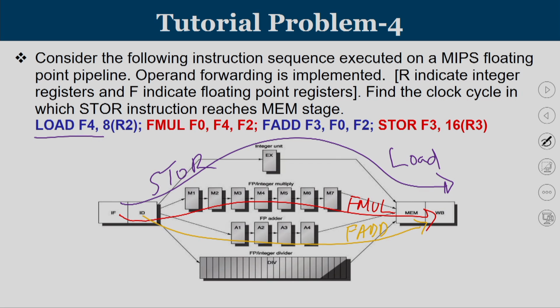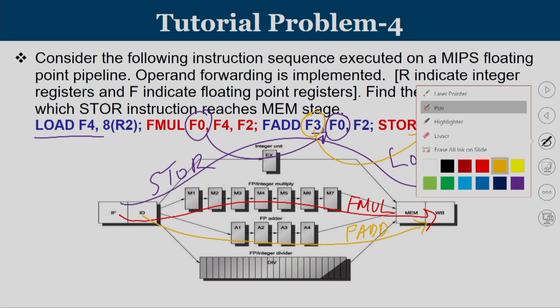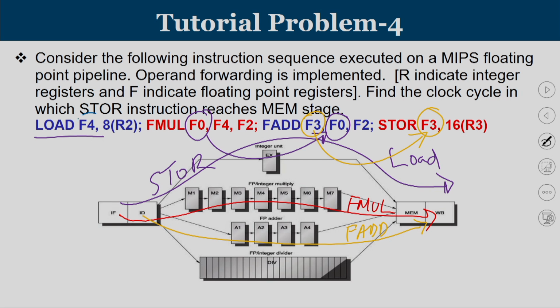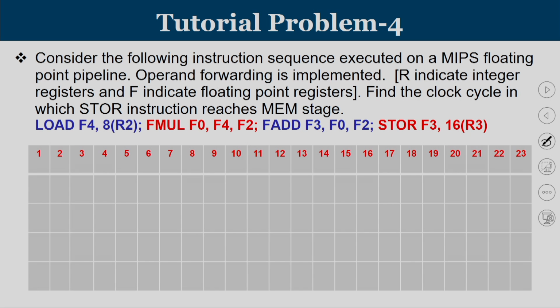And we have to understand that the floating point multiplication and floating point adders are pipelined, but there exists a dependency between them. We are going to write the result into F0, and that is to be used by floating point add. So there is a dependency. This is going to write a value into F3, that is going to be used by the store. So there is one more dependency, and the first dependency exists. We are going to write a value into F4, that is to be used by this multiplication. So there are three dependencies at each stage. Let us try to fill it.